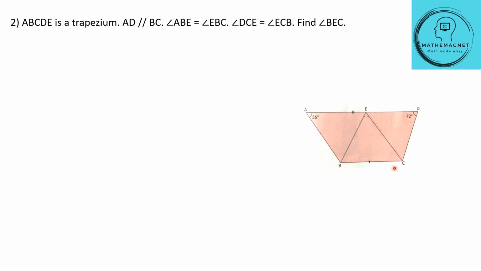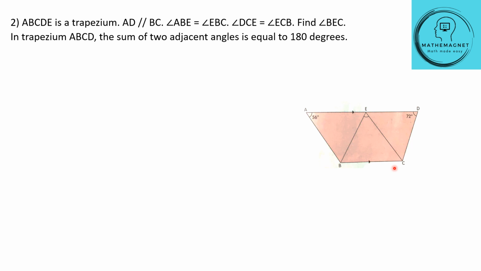To do that, first we will use the concept of angles in trapezium. In trapezium ABCD, the sum of two adjacent angles is equal to 180 degrees. So this angle plus this entire angle will be equal to 180 degrees. So basically angle ABC will be equal to 180 minus BAD. So 180 minus 56 is equal to 124 degrees. Now angle ABC is 124 degrees, and we know angle ABE is equal to EBC, which means angle